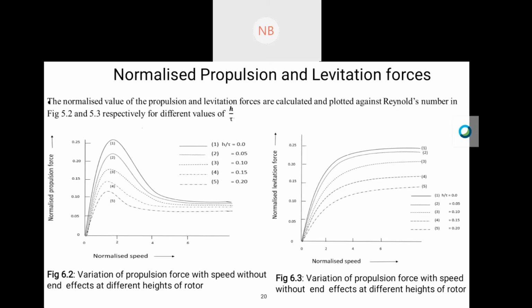Okay. So is there any term related to torque? Sir, in an induction motor we get a rotating magnetic field, and for that we obtain a torque. Here it is a traveling magnetic field, so here we get propulsion force. Good.